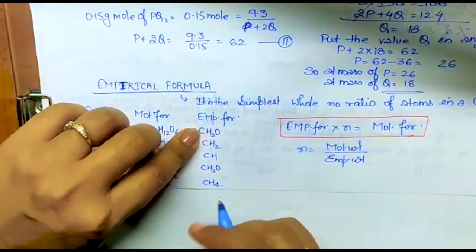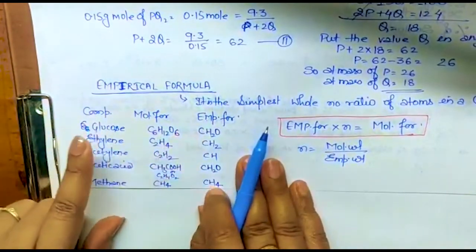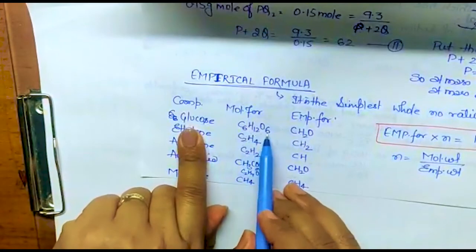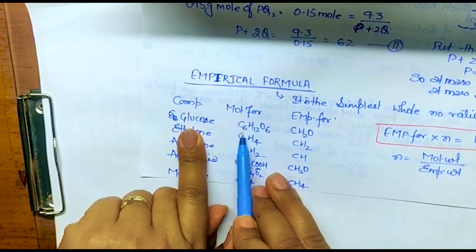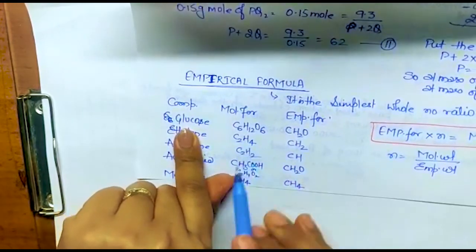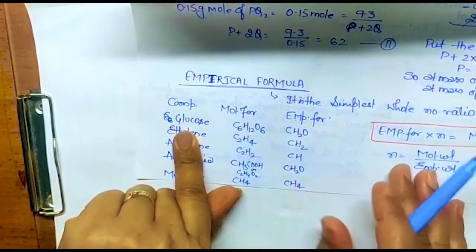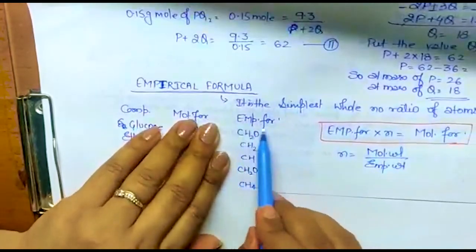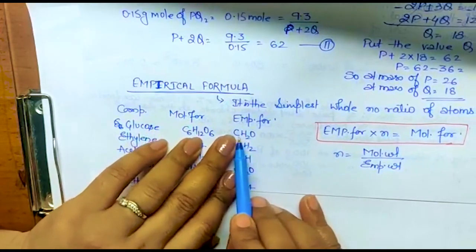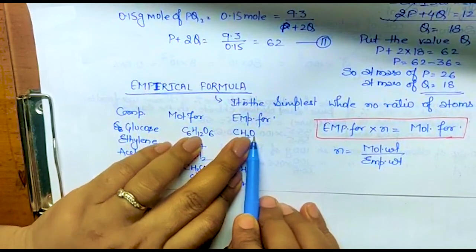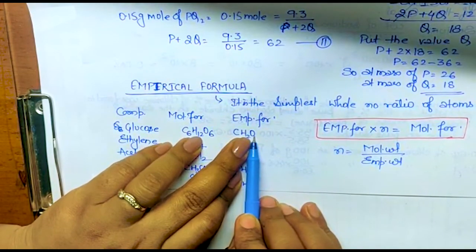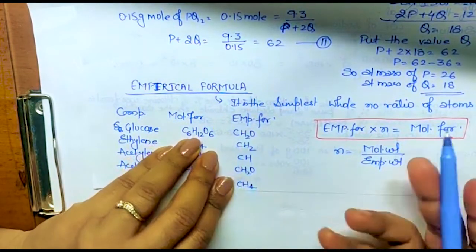So do it in this way. If we talk about the molecular mass of glucose, this is 180, isn't it? Total it: 12 times 6 is 72, plus 12, plus 48. So the total is 180. Okay, and if you take the empirical formula, this is carbon 12, 2 hydrogen, so 12 plus 2 is 14, plus 16. What is it? 14 plus 16, 30. So this is the empirical weight.